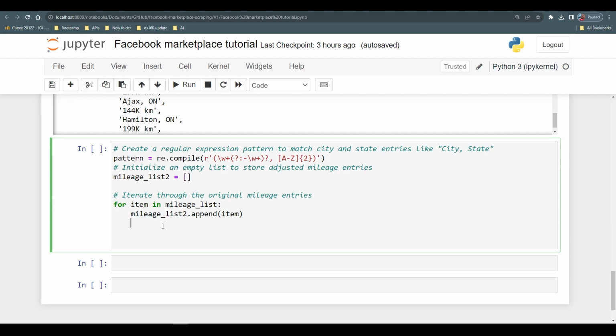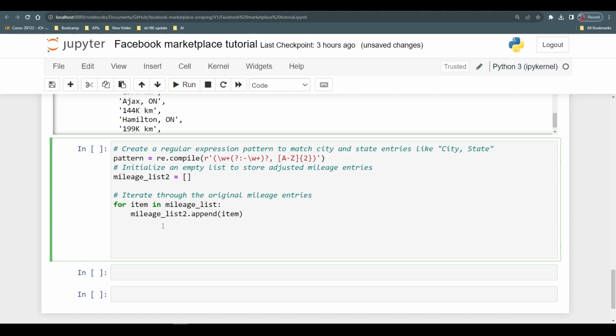So we're just gonna add 0 miles, because in the future, we're gonna be transforming them into a data frame. And in that data frame, you need to have the same length for all of the lists. So each vehicle needs to have a piece of information from every list. And if you don't have a mileage, that list is going to be shorter than the other ones, and we're not going to be able to create our data frame. So let's start an if statement here. So if